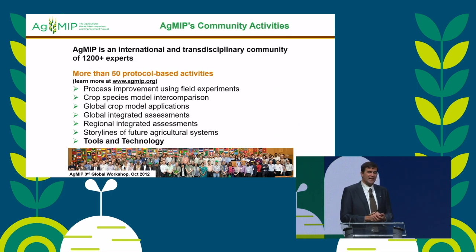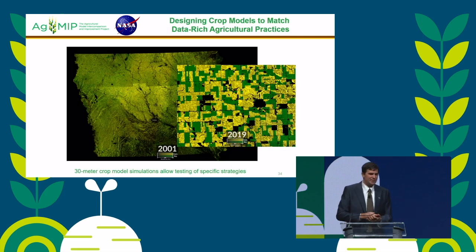The final thing I'll just highlight is the tools and technology. The next generation part of what we're doing is very important. And I'm just going to, again, take a snapshot out of one of the animations that Karen showed. We are increasingly able to access computational power that allows us to approach the information density that we know is happening in agricultural systems. We know that there's information coming off combines with an incredible amount of data collection.